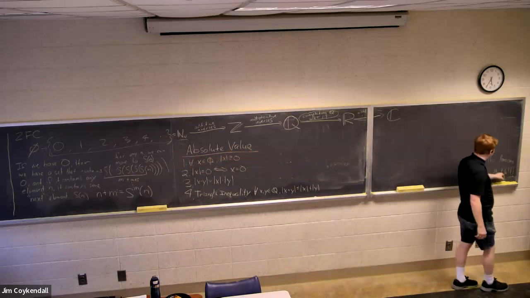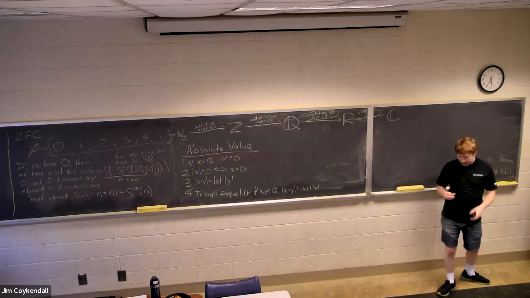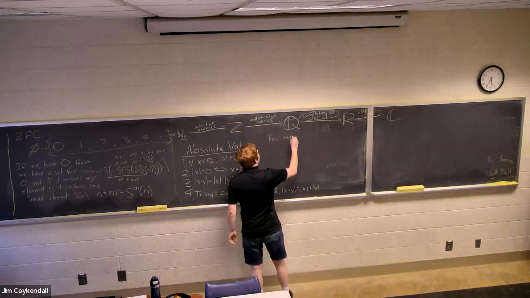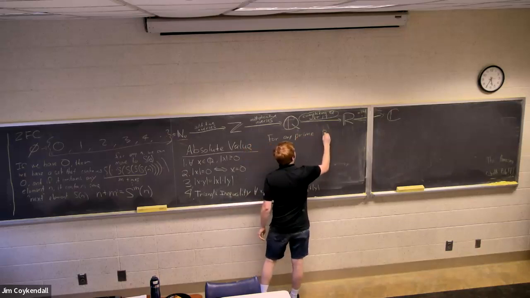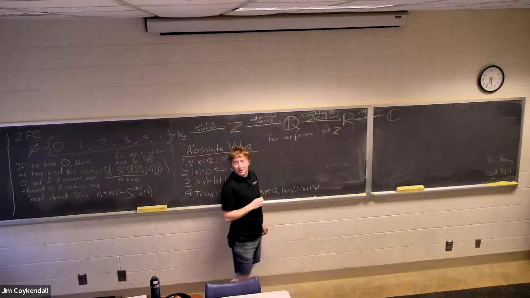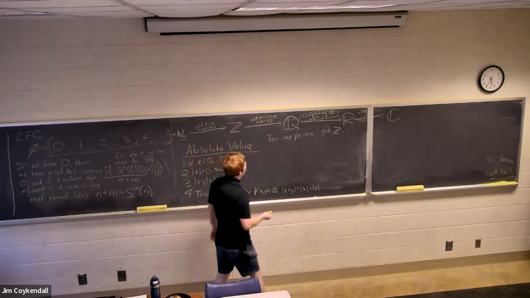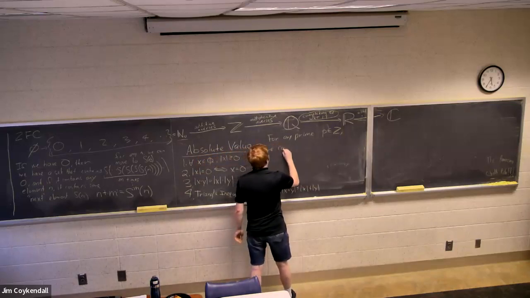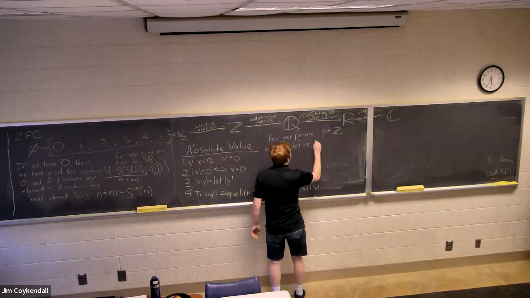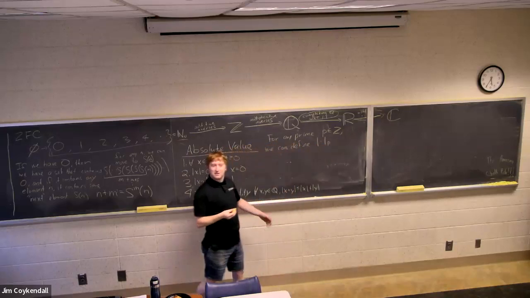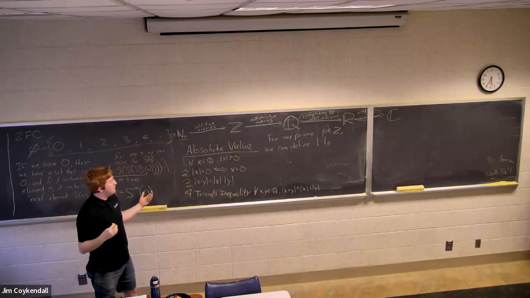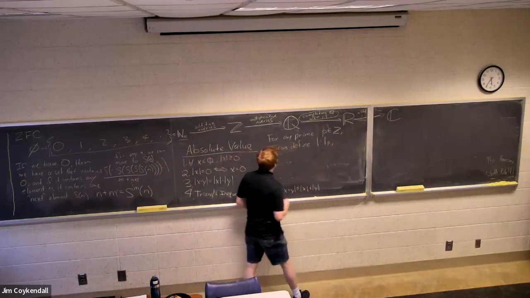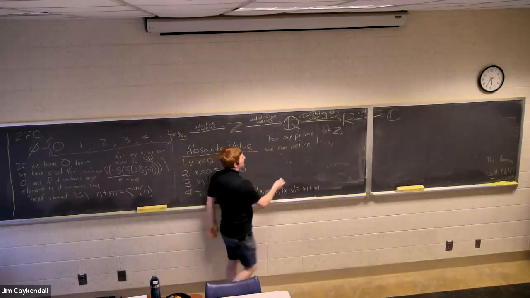Again, keeping with our running theme, we're going to skip a lot of steps coming up. But it turned out that for any prime p in Z, nobody asked me what a prime number is. We didn't. But for any prime number in Z, we can define an absolute value that has to do with p. You might call it some sort of p-adic absolute value. We can define this absolute value by,